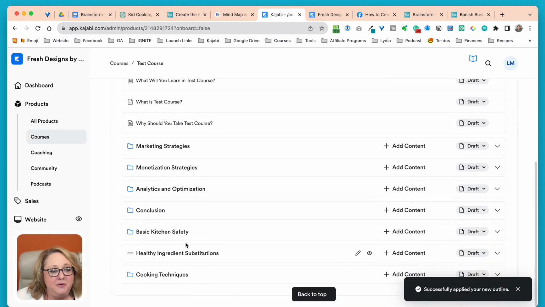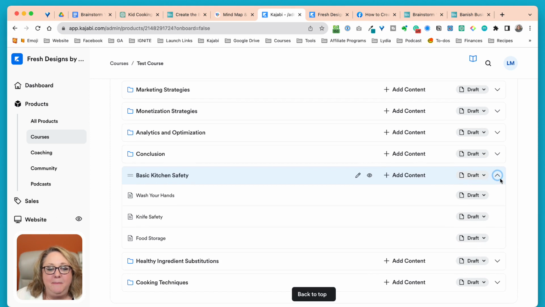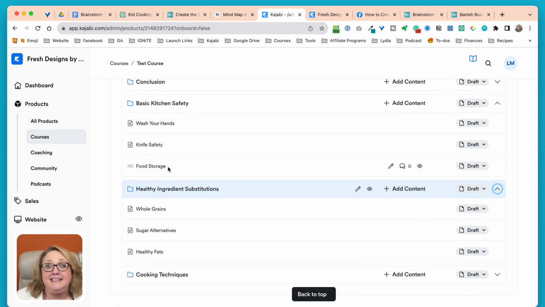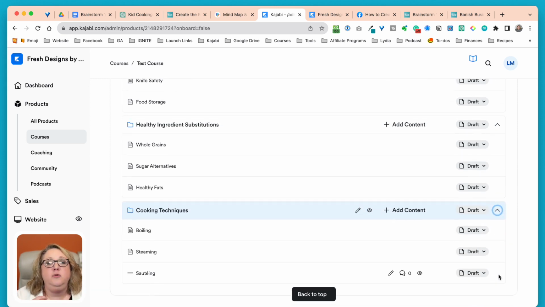And what it's going to do is add, in our case, to a course I already generated, but notice down here it says basic kitchen safety, healthy ingredient substitutions. And if you open or expand these, notice how it's listing the lessons inside. And this is what you're using to build out your modules and lessons in Kajabi.